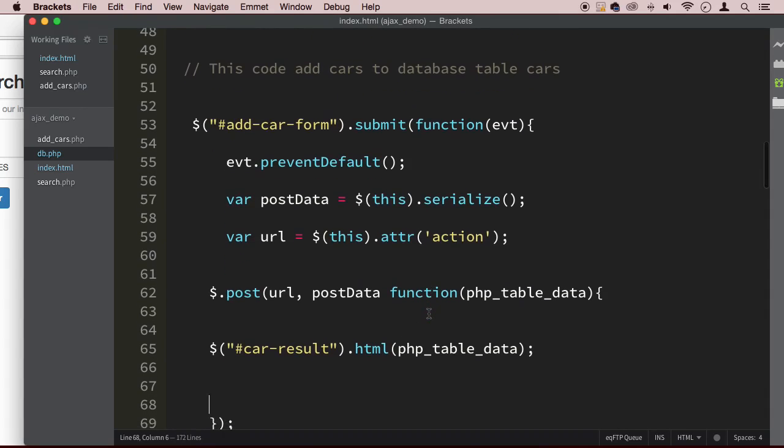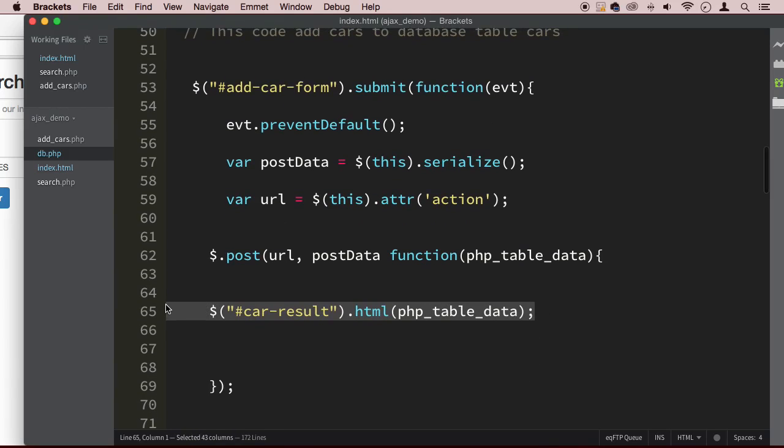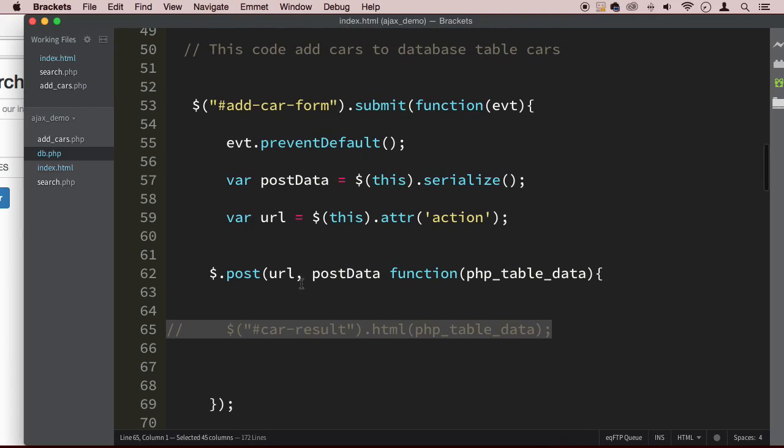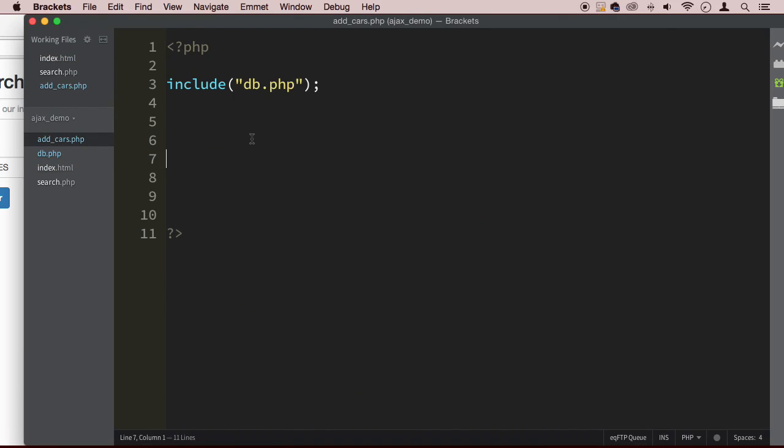But before we do that, let's just comment this out real quick. We're going to send the data, and then if we want to, we get back something. But for now, let's go into the add cards and set this up real quick. I think we're running out of time here, but basically what we want to do is catch the post super global here. So we're going to say if post, this post data comes here, and this post data is going to be named